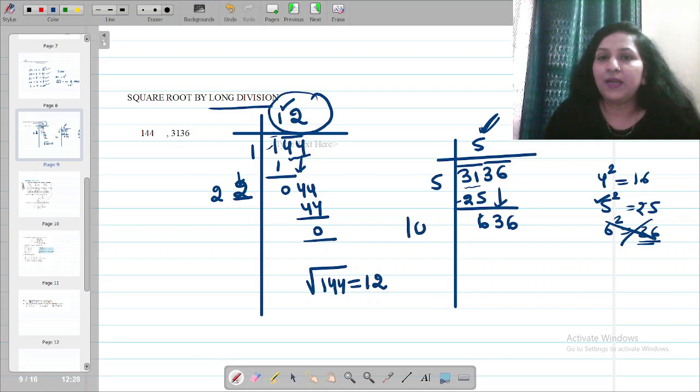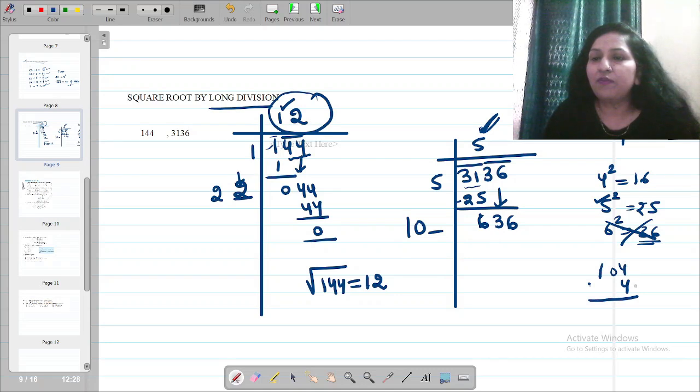Now the beginner number has to be 10. After 10, I have to put a digit here. Okay? And this number has to be multiplied by that digit. If I put 1 after 10, then 101 into 1. If I put 2, 102 into 2. If I put, let's say 4, 104 into 4. Okay, so we have to check for different combinations to get this number. Now, if I check for 4, 4 into 4 is 16 and 4 into 1 is 4. It is very much lesser.